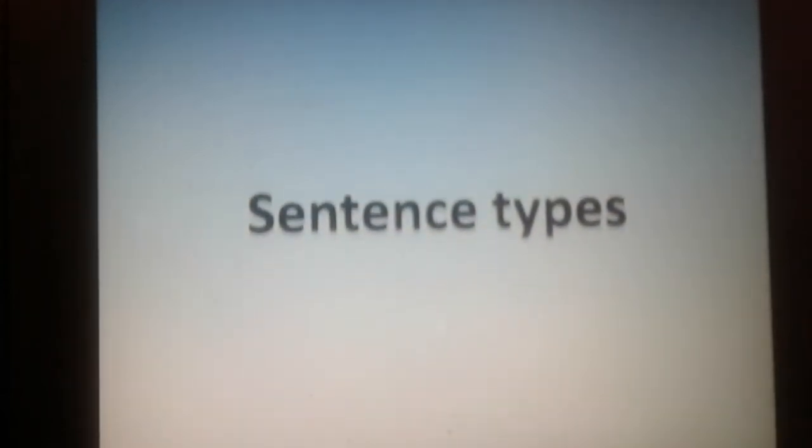In this lesson, we will see sentence types. This lesson is a very important lesson for students, especially university students, because it will help them too much to develop their writing. Also their reading, because when you are reading a complex passage or text, you will understand it deeply by understanding these sentence types. So let's start. The first type is